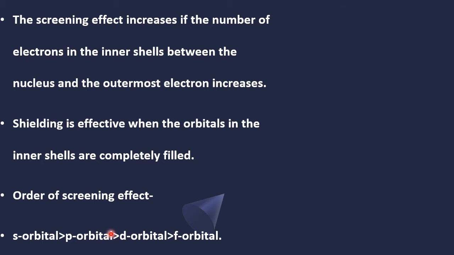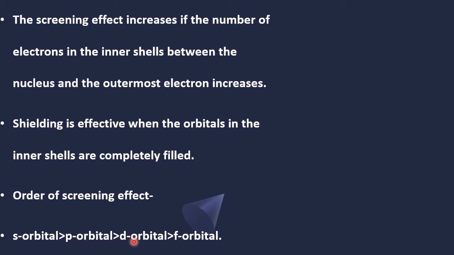If you see the shapes of these lobes, p orbitals have two lobes spread in space. They are spread, not circular, so they can't cover properly. In d there are many lobes spread in space, and they can't cover, can't shield, can't protect properly. So if a d orbital is there before the outermost electron, it can't cover properly.